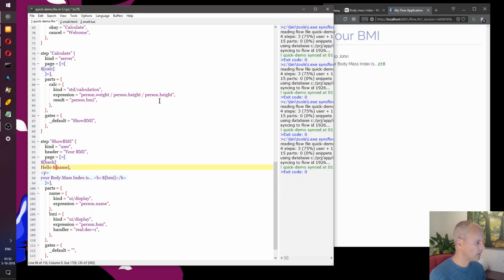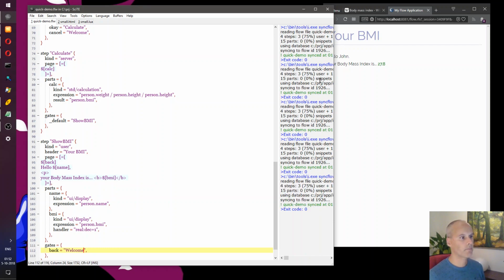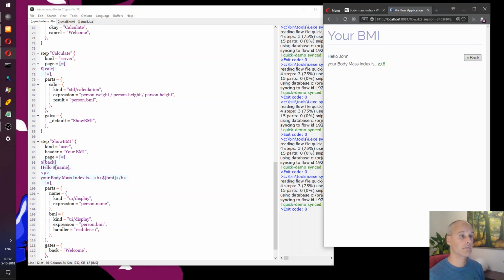The back button chooses a back gate, and let's say it routes to the first welcoming step. So refresh the page. There's our back button. It actually floats to the right, as you can see. If I press it, we're back to the beginning of our demo.